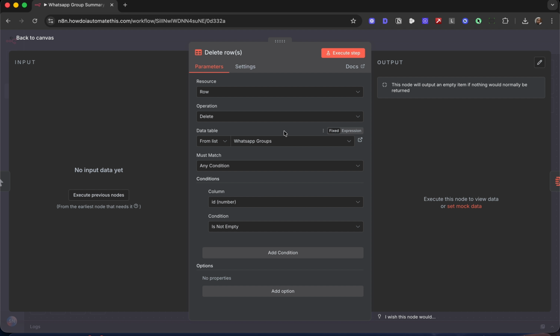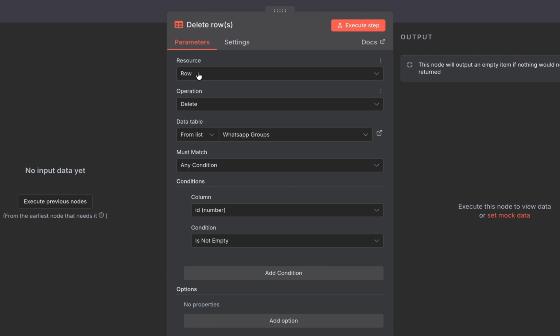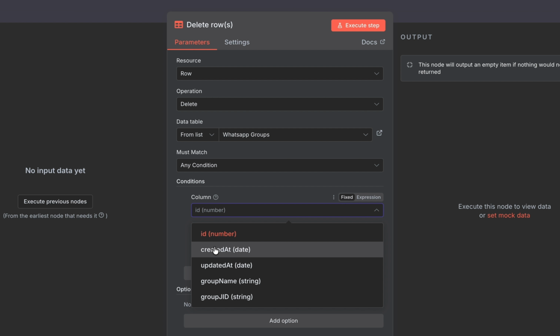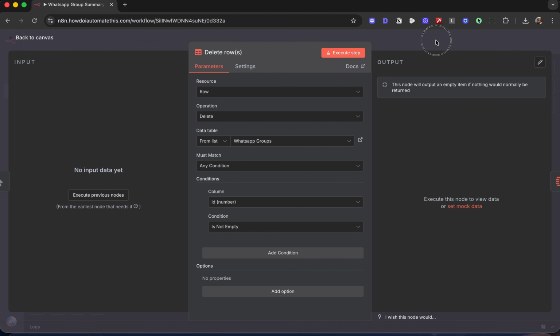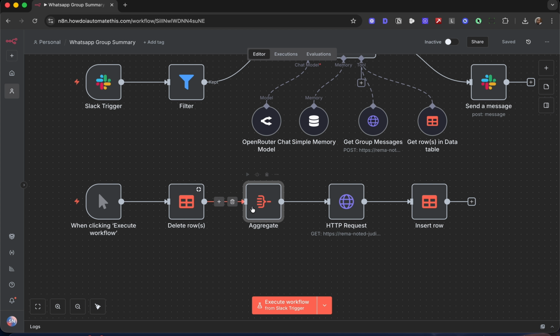And the reason we're doing this is that if you already have rows in your data table and you're running this to update your data table to include new groups, this is going to end up adding duplicate entries, and we don't want that. So we're going to choose the resource as row. The operation is delete. The data table is WhatsApp groups, must match any condition. And the condition should be that the ID column is not empty, which means there is a record. So we're going to delete any existing records,